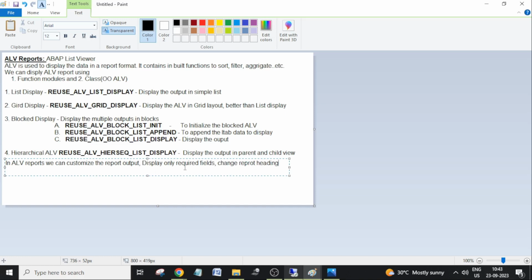Okay, we can display only required fields in the output, and also we can change the report headings and the order of the display, in which order you want to display the fields. What is the first field you want to see in the report? What is the second field? What is the third field? You can customize that order of the fields. Can add